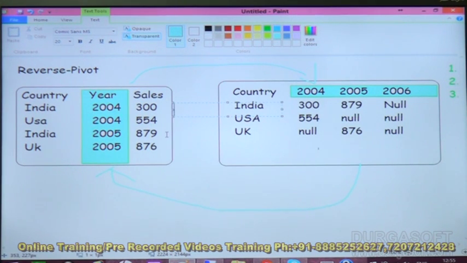So in this video we just saw this part. Let's go for the next video. We'll see how hierarchy flattening will be useful and how we can load the hierarchical structure format. So in this series of videos we are doing complete BODS scenarios in which we are learning certain transformations. So in the next video we'll learn the hierarchy